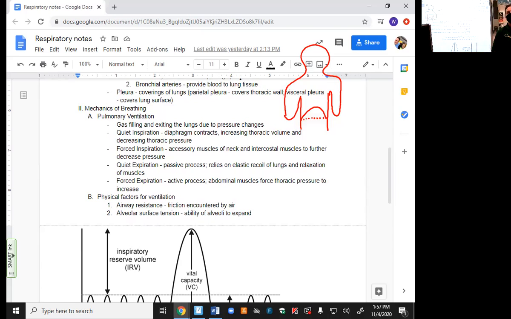Wouldn't it also be fatal because their lungs are designed to breathe in fluid instead of air? The lungs aren't designed to breathe in fluid instead of air. It just so happens that they do because that's what's there. It's like the lungs are practicing. It's not that the lungs would prefer breathing in fluid. It's just that's what's there, and the reflex to breathe is also there. Does that make sense? Yes. Okay. So quiet expiration, a passive process, is all about having bouncy lungs.